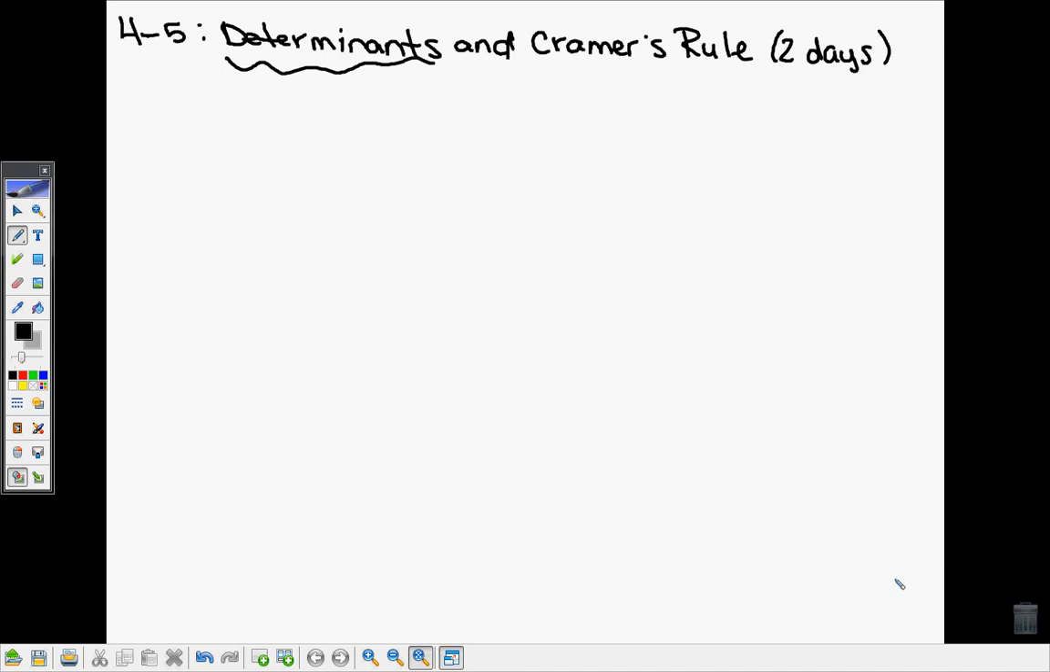Going to be talking about determinants in Cramer's rule. This is section 4-5. We're only covering determinants today. It's kind of a lot of stuff, so for today we're just doing determinants. All right, a determinant for a 2x2 matrix